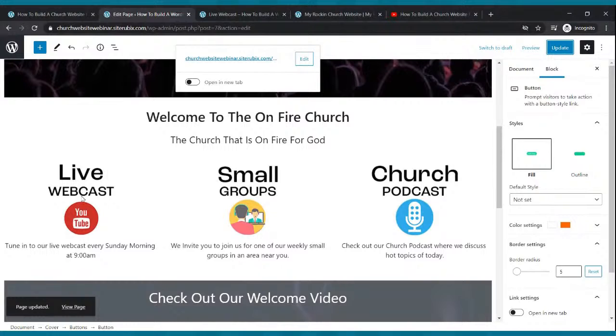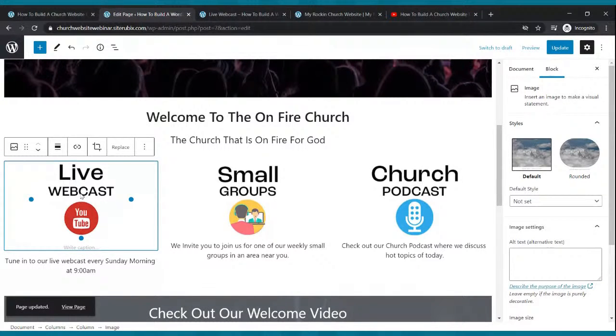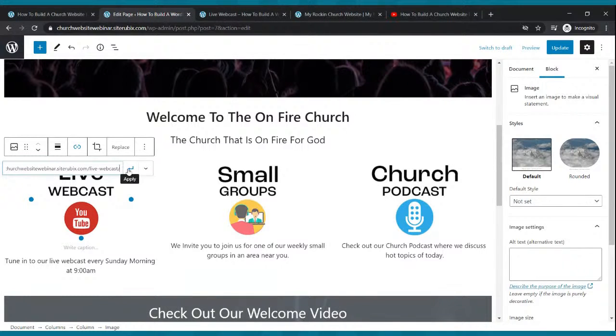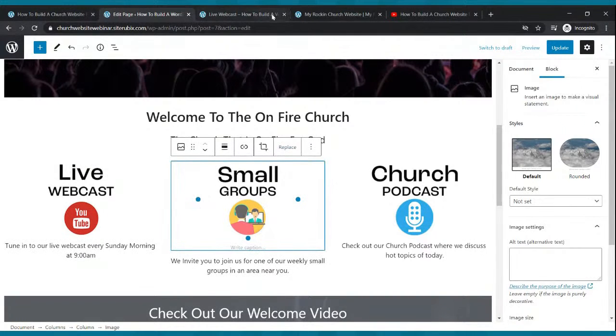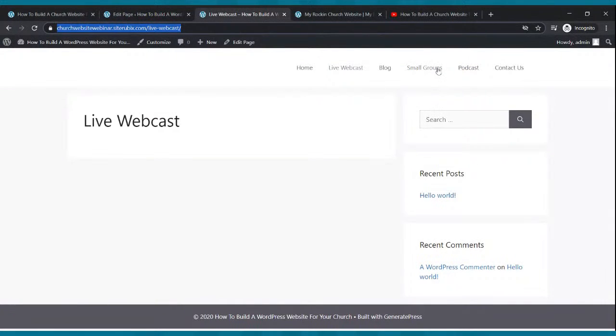So let's do the same thing with this. Since it's the same page, we're going to click on the image, click the link, and paste our URL there, since that is also the live webcast page. Boom. Now for the small groups page, you click on the image, go back to your website, click on your small groups page,